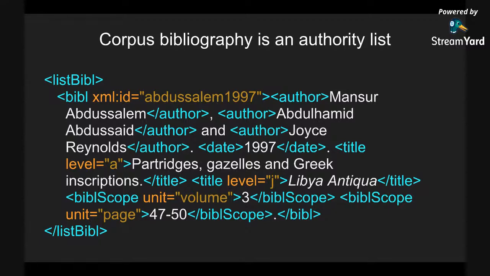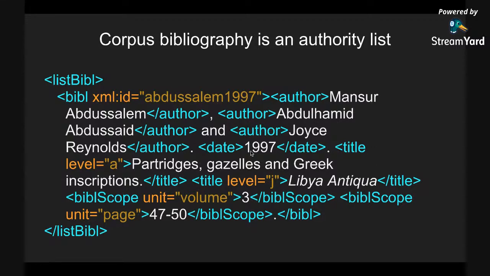But in this case, for the example, I've encoded almost everything in there, although you note that I'm still treating this as a running text, not as a database entry, because there are, for example, between the elements, things like this comma, this "and", this period. If I wanted parentheses around the date, I would put them around the date rather than leaving them there. So in this example, it's a running text bibliographical reference, for which much of this markup may not be entirely necessary. So marking up the title level equals J, the journal title there, is useful because that's a title that we want to put in